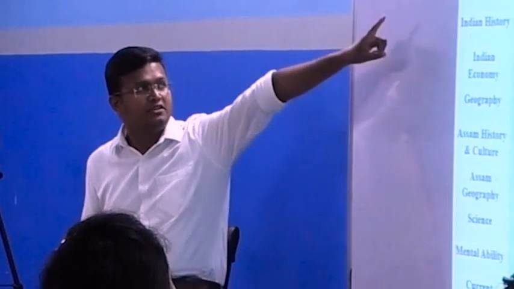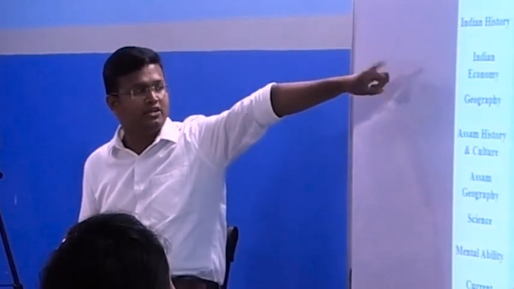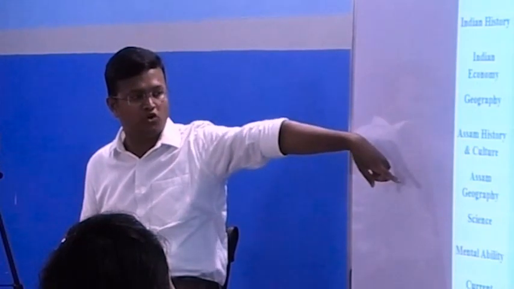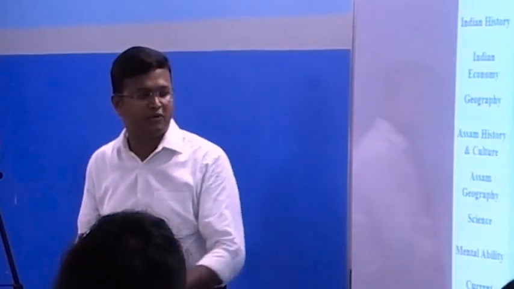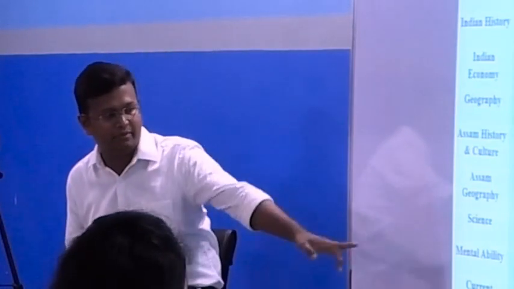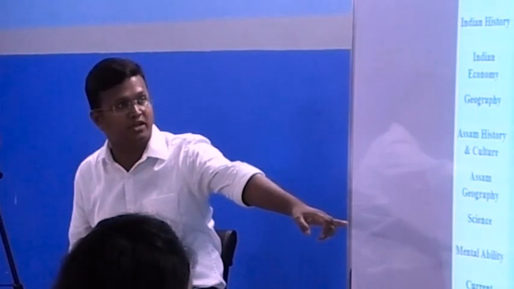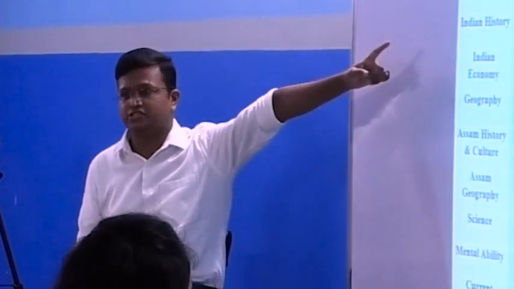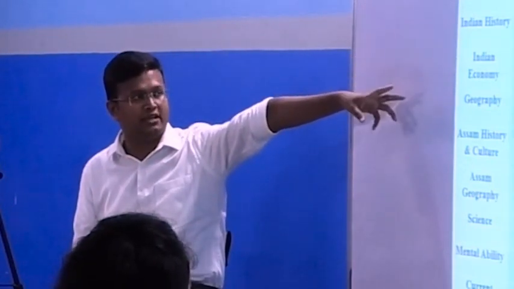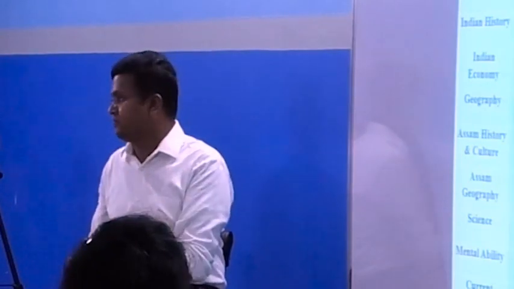And anyway, see here, this is Indian polity, Indian history, Indian economy, geography, Assam history, culture, Assam geography, up to here, and including science also. Up to science also, APSC asks only from the conventional text. And they ask a few current affairs questions: sometimes it came up to 19 questions in 2009, 18 questions in 2013, 25 questions in 2015, and 10 questions in 2016. In 2018, they asked 17 current affairs questions. How will these portions be if you are studying Indian polity, Indian history, Indian economy, geography from a standard material or a standard textbook?